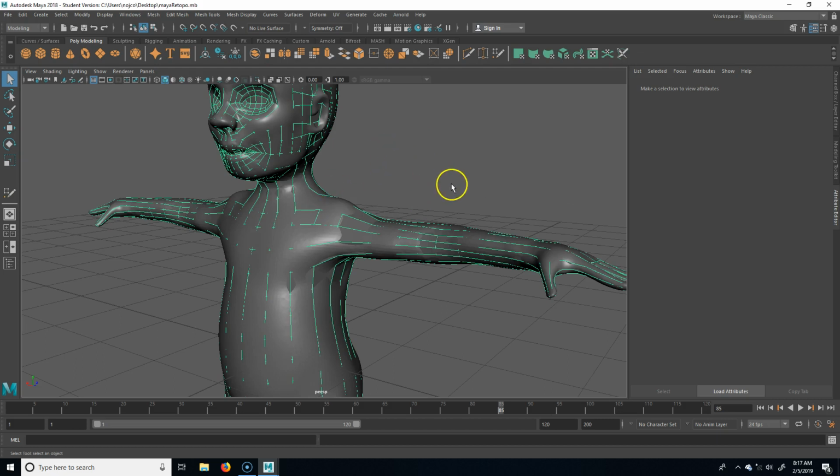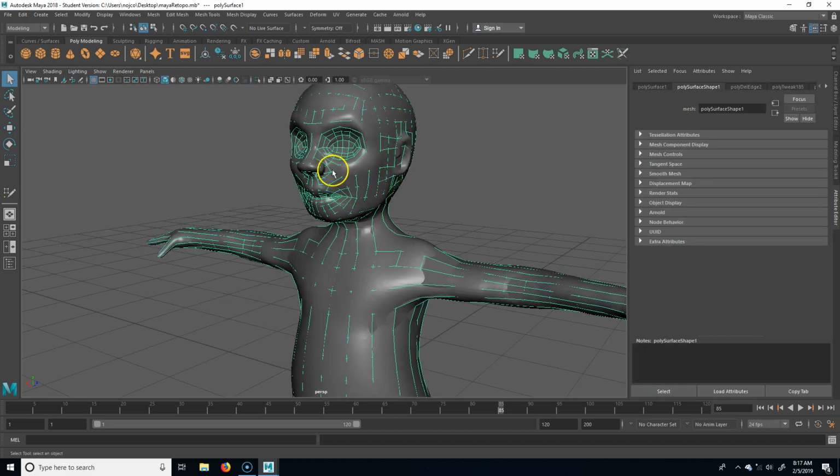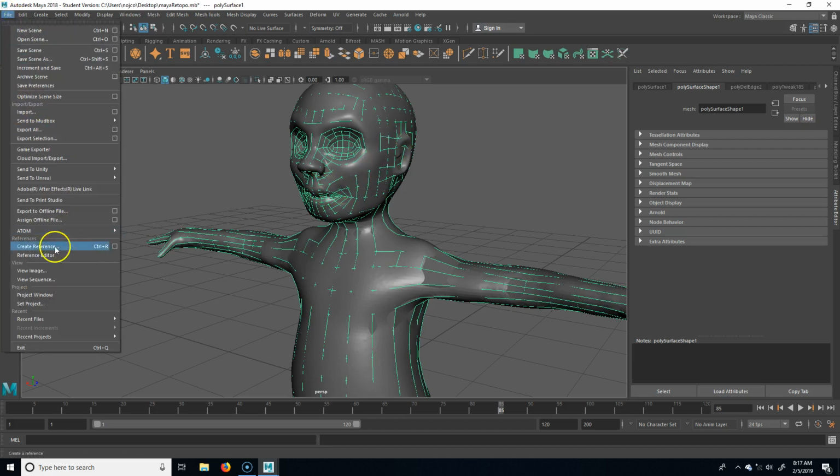Make sure you're in object mode. What we want to do is have your retopoed model selected, not the high res model, because we want to export that back into Maya so we can start sculpting on it. I had that one selected. I'm just going to go to File, Export Selection,